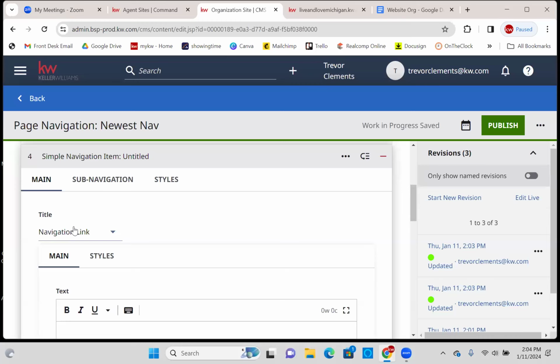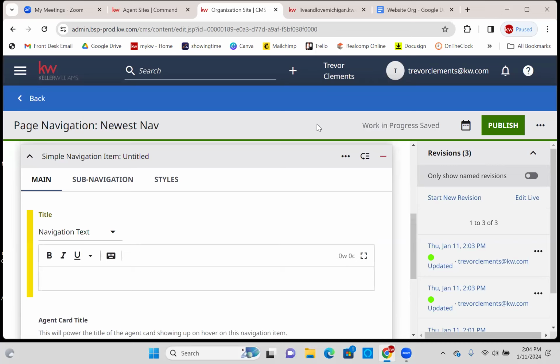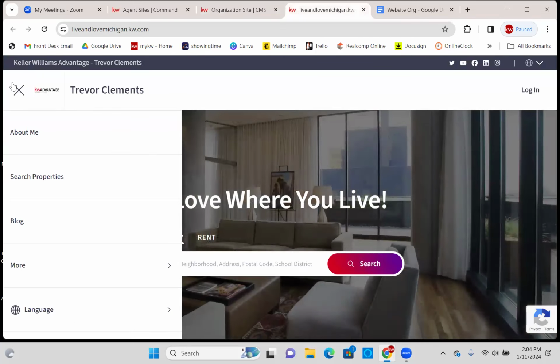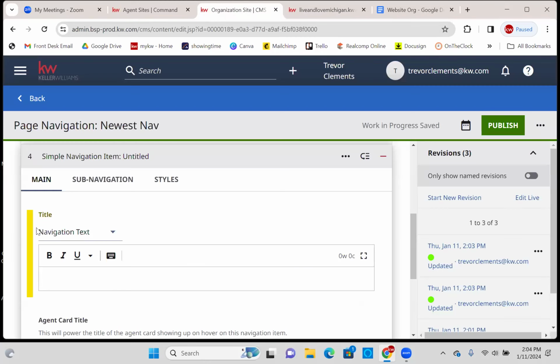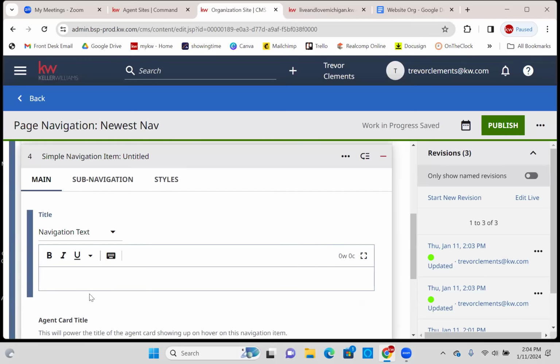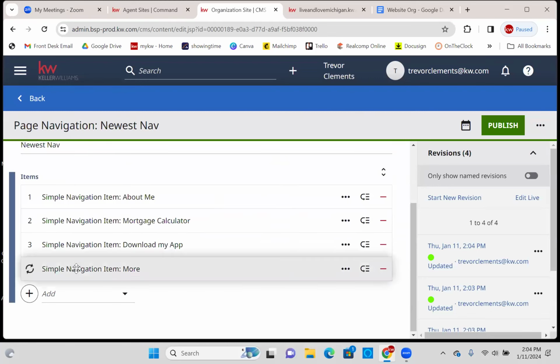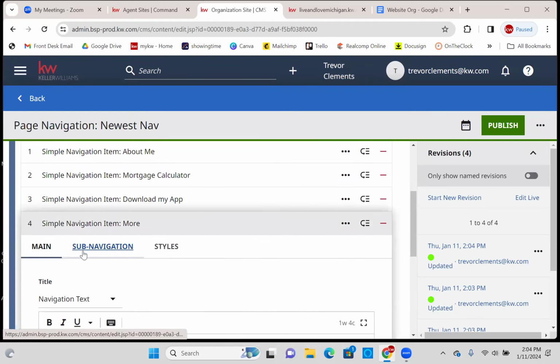This is the complicated part, like it hasn't been already, right? You're going to go to navigation text. That means that top bar isn't going to be a link, because you see how the "more", if you click on it, isn't really a link, it just opens up the other pages. So if you want navigation text, do that, and then this text right here is where you could put "more", or you could change it to "menu". So instead of "more", if you wanted "menu", you could do that as well, but "more" seems to apply a little bit more there. Then you can publish that, and then under the simple navigation, you can then click sub